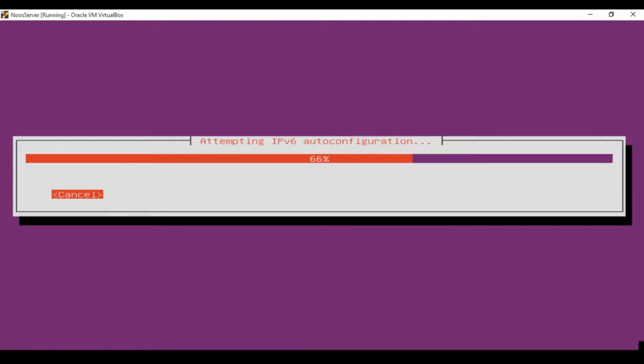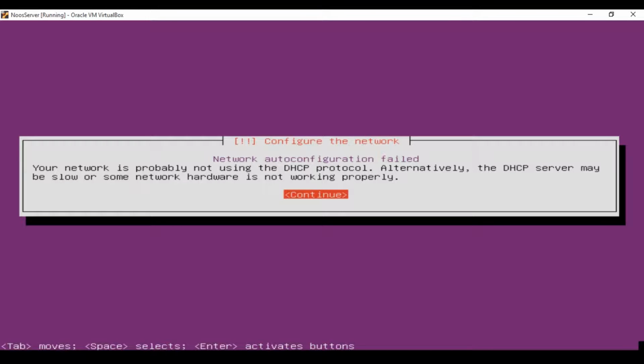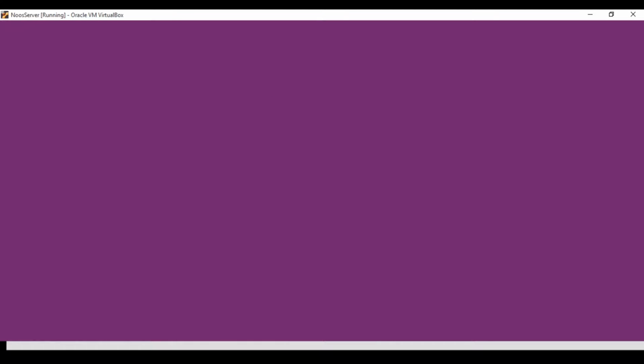Make everything automatic, but later we will configure manually. While installing, let it configure automatically, because we can configure it manually later. Okay, network auto configuration failed. Just let it. We will configure the network manually,